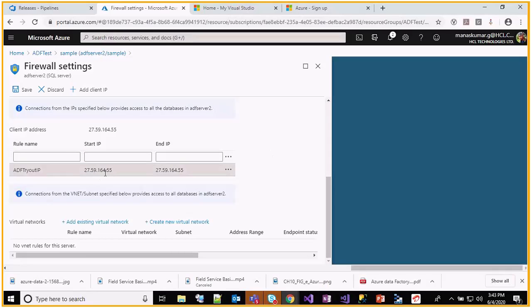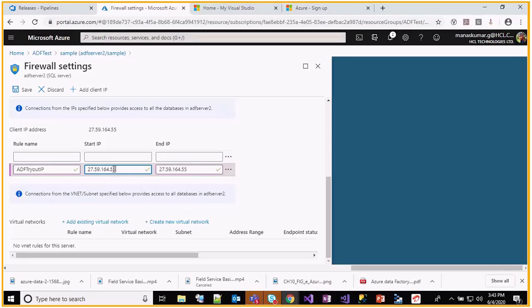And this IP which I provided, if it is static and not dynamic, for sure you can give it. But if you are not sure whether it is a dynamic IP, and you provide it one time, it may change next time and you will not be able to access here.